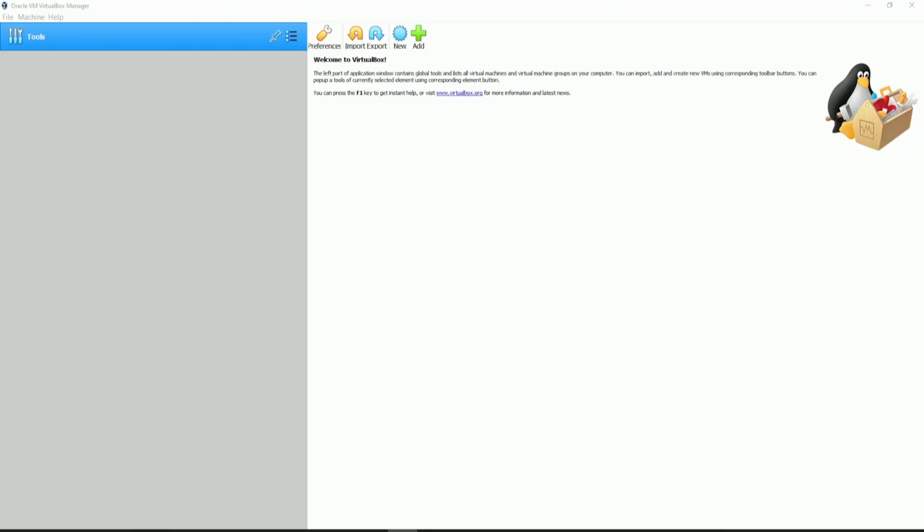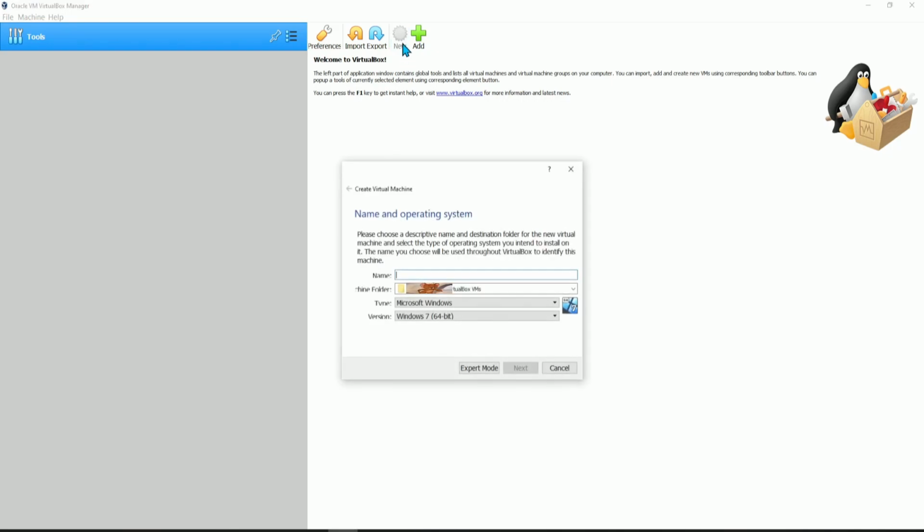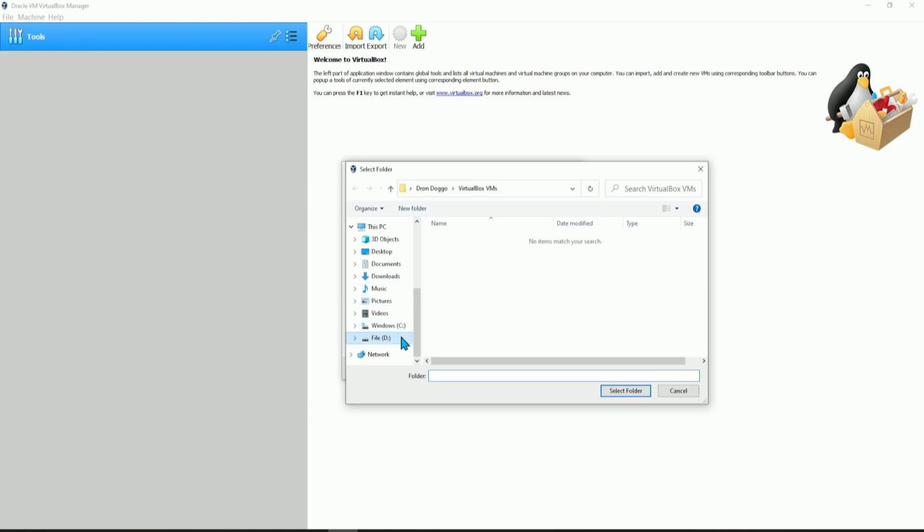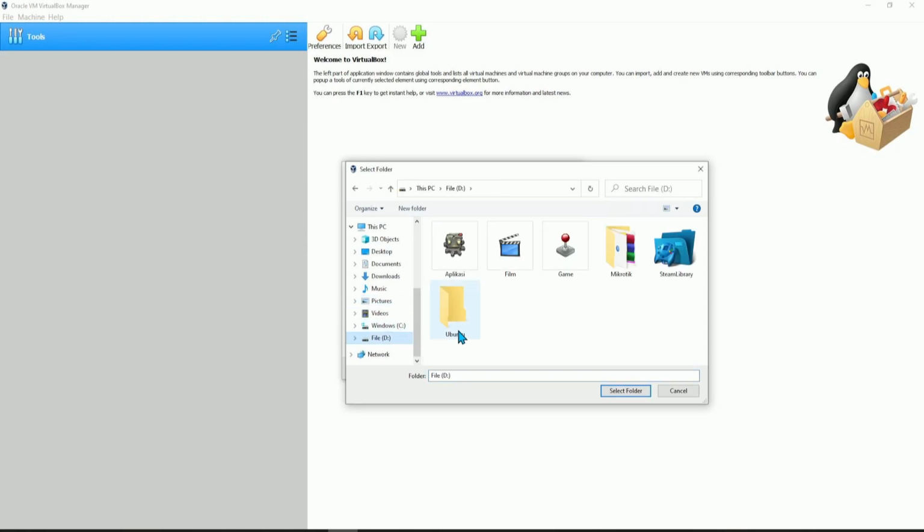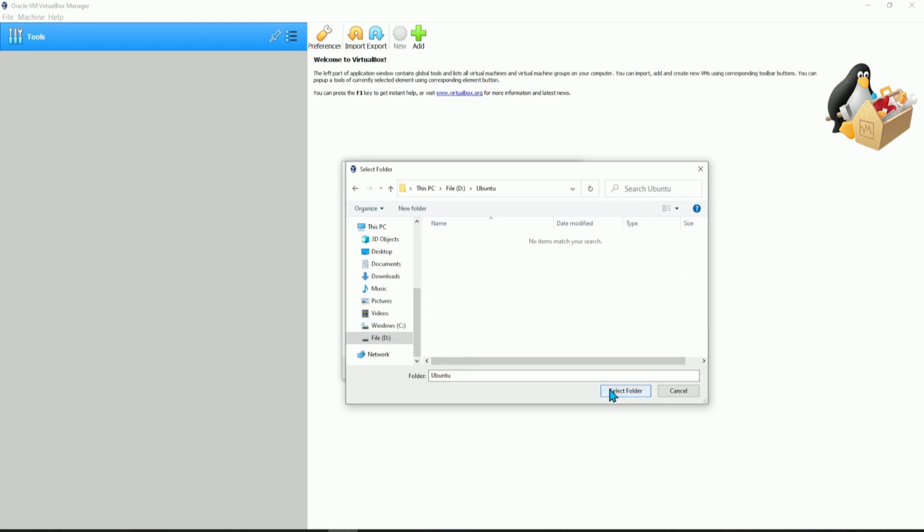In this video, I'm going to show you how to install Ubuntu on Oracle VM VirtualBox. Now, first thing you want to do is click the New button, and then you want to name your operating system. I'm going to call it Ubuntu, and this is the machine folder where you put your operating system. I'm going to put the operating system on the D drive in a folder called Ubuntu. Going to select this folder,